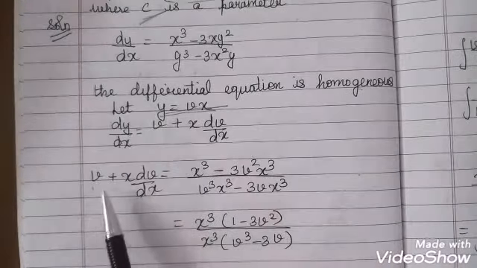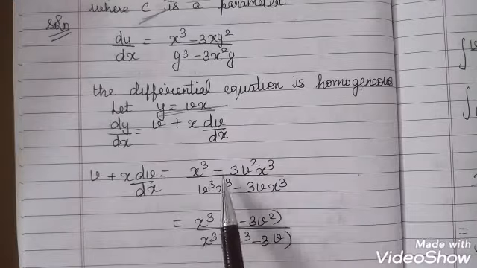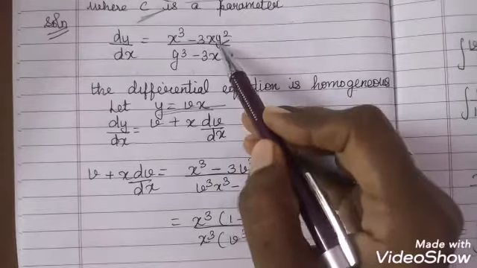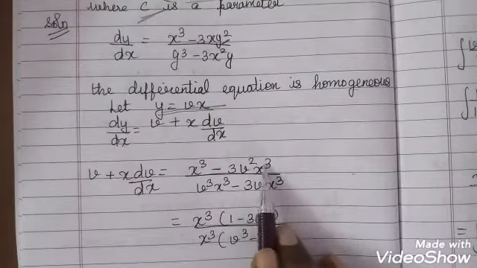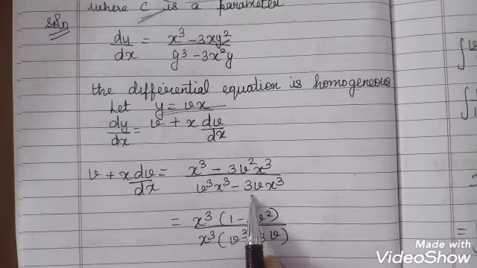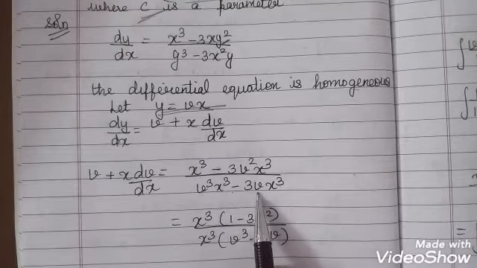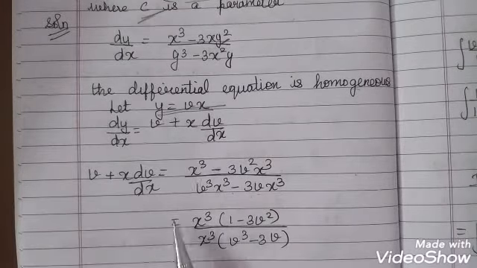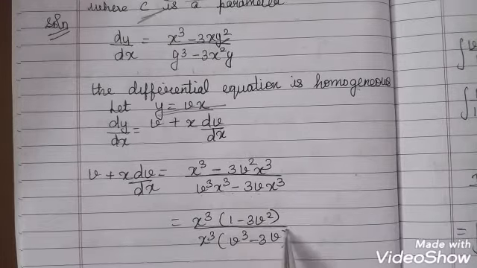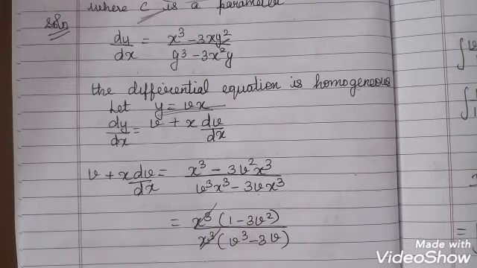So here when I substitute it, you will have it as v plus x into dv by dx is equal to x cube minus 3x into, when I substitute it, you will get v squared x squared. So v squared x squared into x will give you what? v squared x cube divided by y, which is nothing but v cube x cube minus 3 into x squared into y. What is your y there? Vx. So vx into x squared will give me what? Vx cube. So here this is equal to the numerator x cube can be taken common into 1 minus 3v squared divided by x cube into v cube minus 3v. So here if you see x cube and x cube, it gets cancelled.